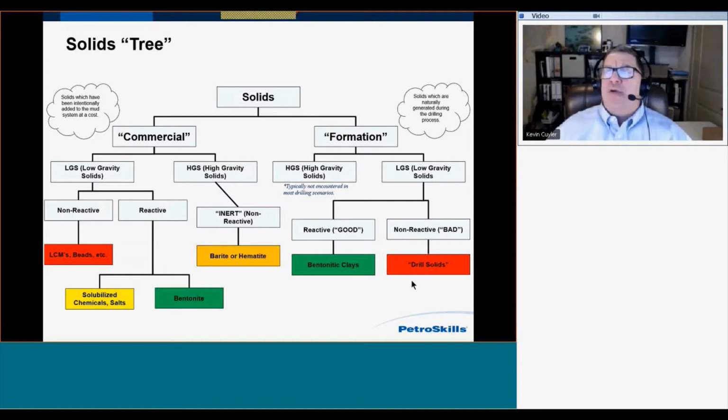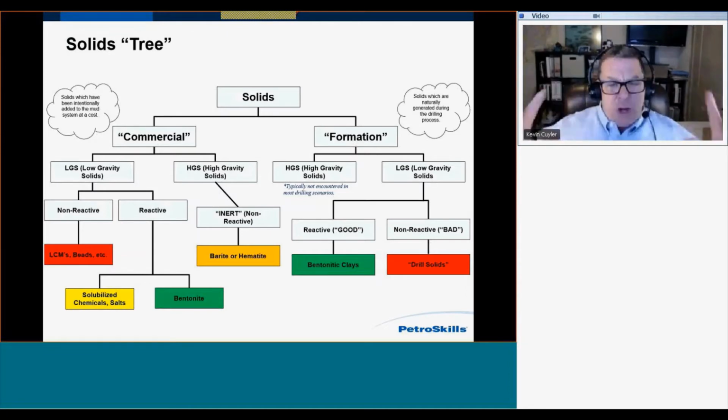And then, of course, we have the formation low-gravity solids that are non-reactive. These are our bad low-gravity solids. And the most common is we throw these into a larger group, and we call them drill solids. They may be shale particles. They may be quartz. They may be sand. They may be mica. They may be any of these different types of formation, pyrite, that we would drill,